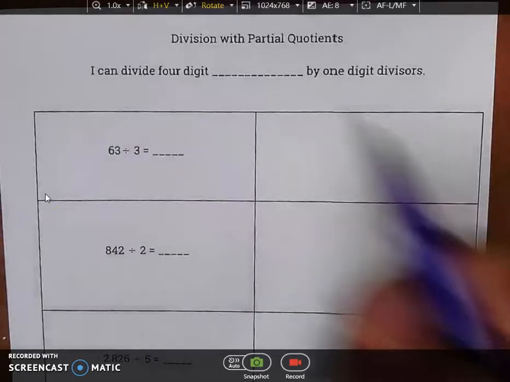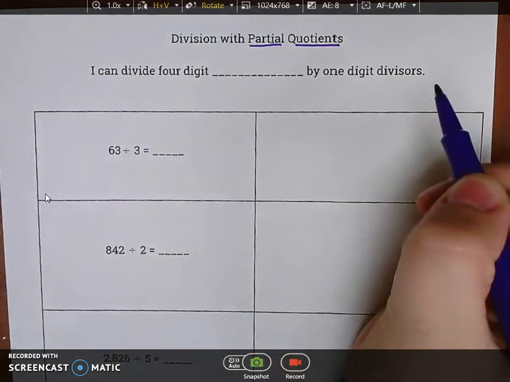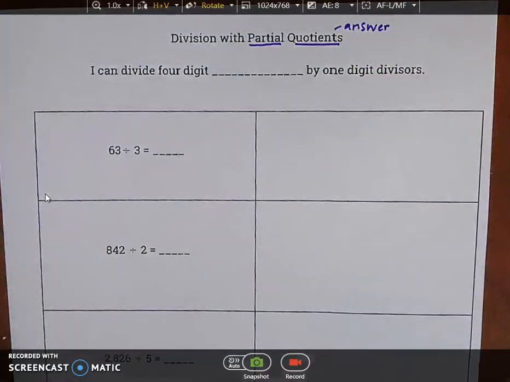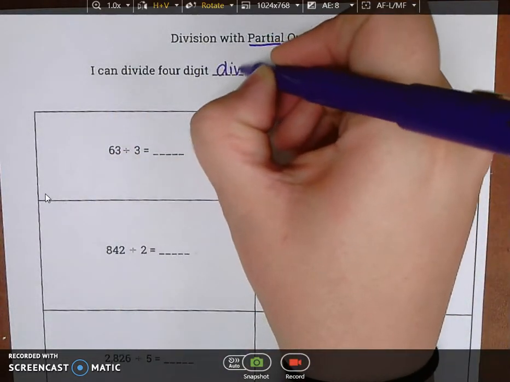Alright guys, in this lesson we're going to talk about division using partial quotients. So remember, quotients are just the answer to a division problem. So we're going to do partial answers and then add them all up at the end. So our learning target is I can divide 4-digit dividends